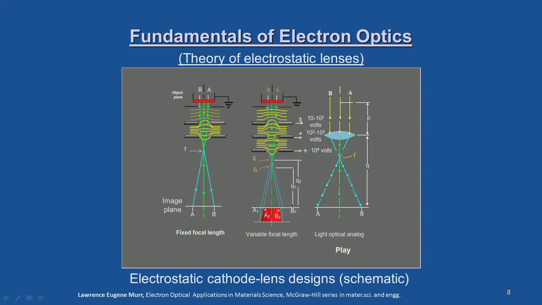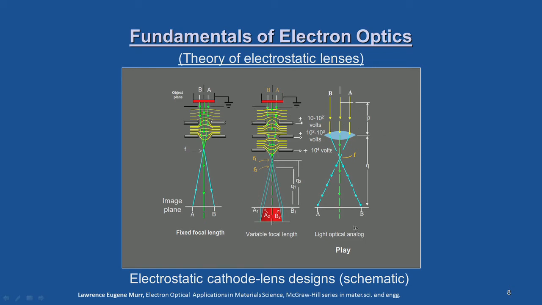You can see that the beam coming through the F1 point meets at A1 and B1 in the image plane, and then the beam passing through F2 falls on the image plane at the points A2 and B2. So, the variable focal length electron optical system is demonstrated,